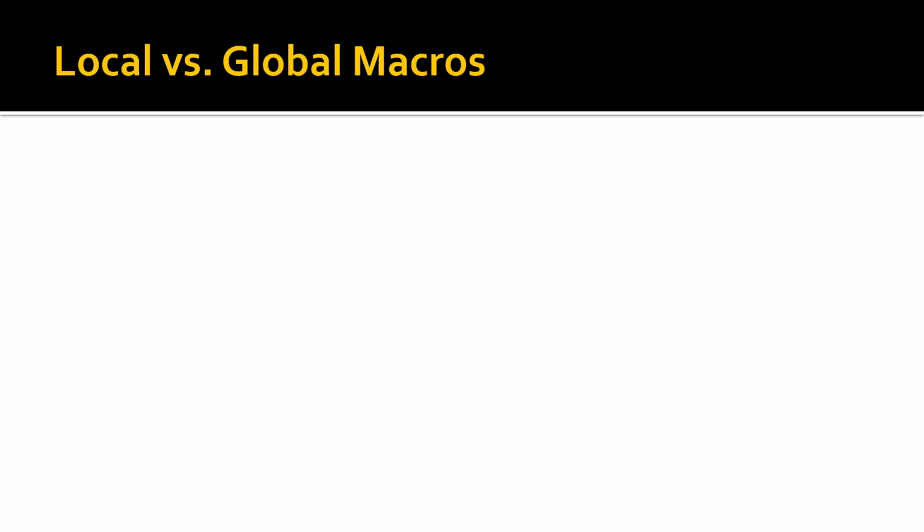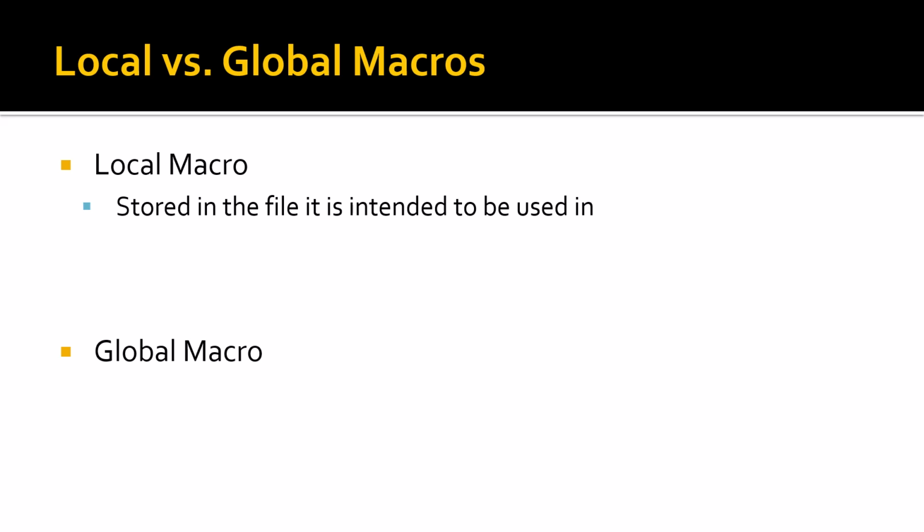Let's take a look at the difference between a local and a global macro. Now, if you're not familiar with the terms local macro and global macro, it's possibly because I made those terms up. But it's a way that I describe to my students the two different behaviors that a macro can take on. Local macros are stored in the file that they're intended to be used in,